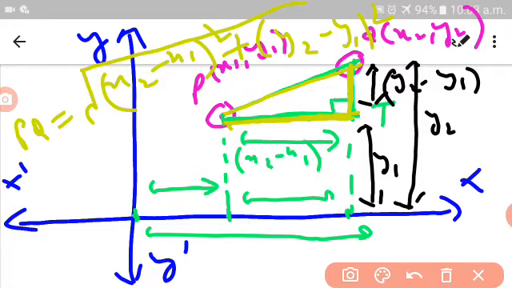So it means with the help of this formula we can find out the distance between any two points in a Cartesian plane. Okay, so what is the formula for finding the distance between two points on the Cartesian plane? That is square root of x2 minus x1 whole square plus y2 minus y1 whole square, where x1 comma y1 are the coordinates of the first point and x2 comma y2 are the coordinates of the second point, right?